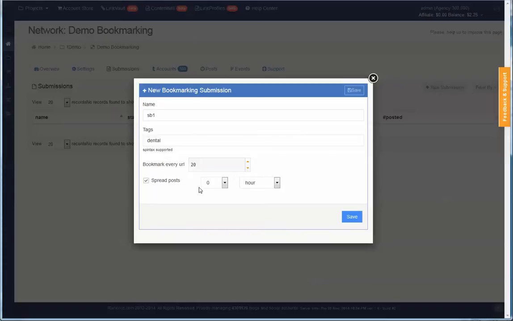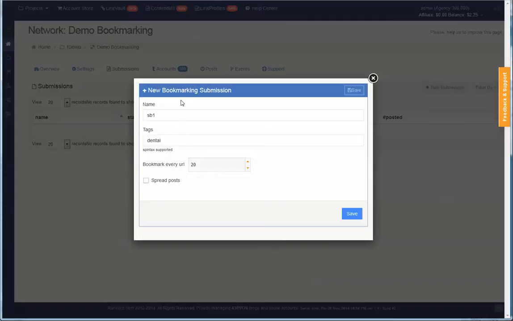There's an option to spread posts. Obviously, you don't want them to be posted all at once. You can spread them across several hours or days. So a good setup would probably be 200 posts over 2 weeks. So it will be slowly spread, depending on how many accounts you have in your network. To see immediate results, I will be setting it up with no spread and no delay,